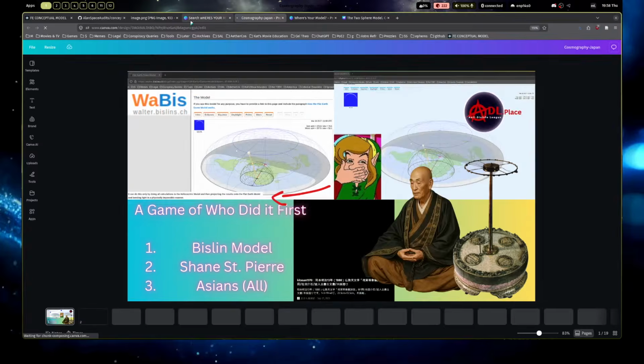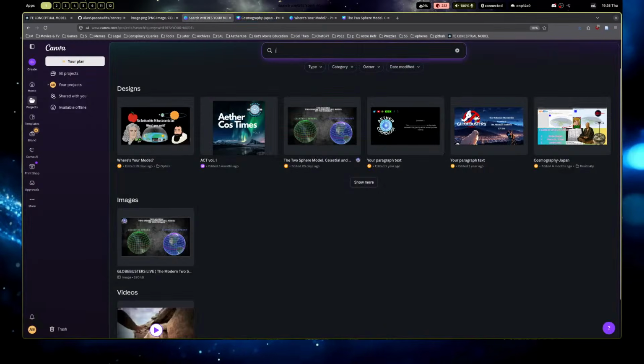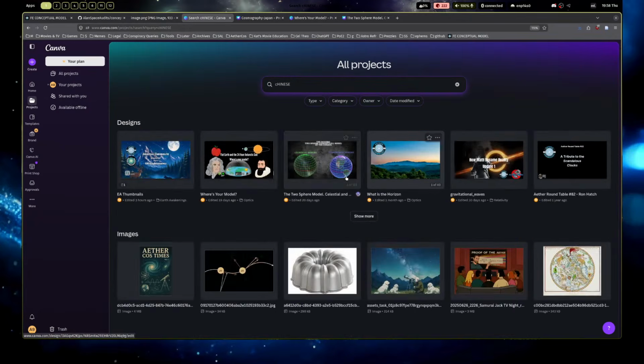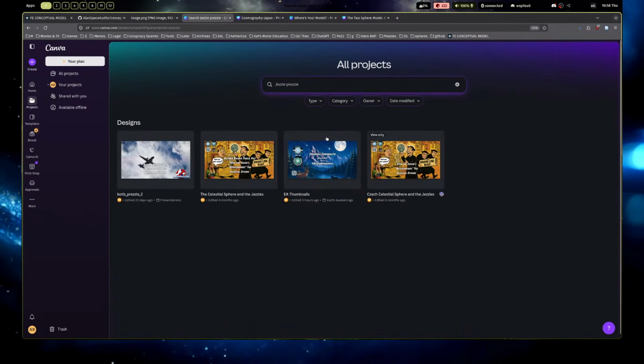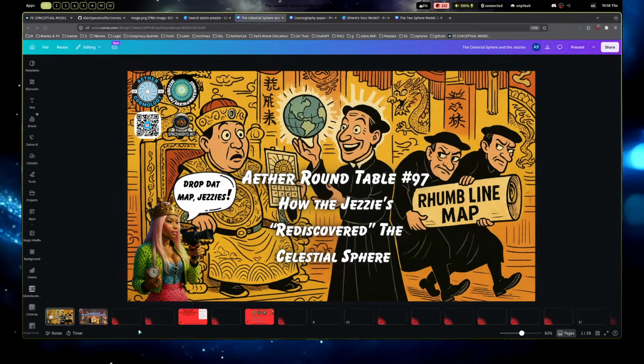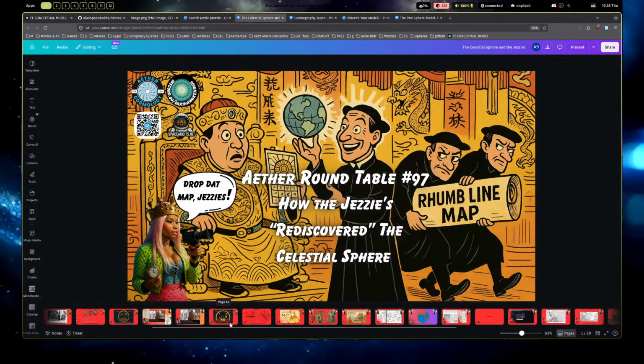Well, it used to be called cosmography, right? That's what they called the whole mapping of the world, and that was inextricably linking the ground with the sky because they knew the importance of the stars and mapping out the Earth. And then only in modernity they're like, oh no, we're gonna split it into cosmology and cartography, and we're gonna do different things. Ignore the whole field of astrogeodetics, and we're gonna combine those two anyway. But cosmography is old, ancient, and goofy, and now we have cosmology and geography. But if you read Geographia by Ptolemy, literally putting forth the two-sphere model, it will tell you exactly where all that came from.